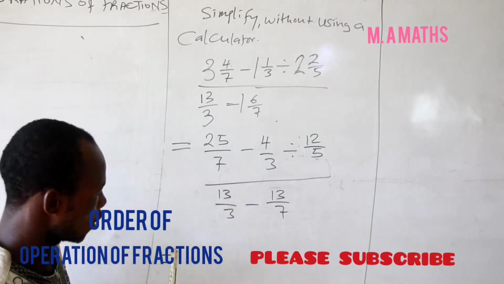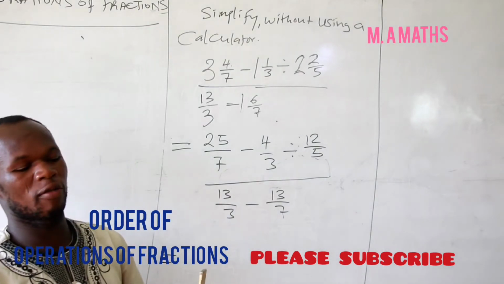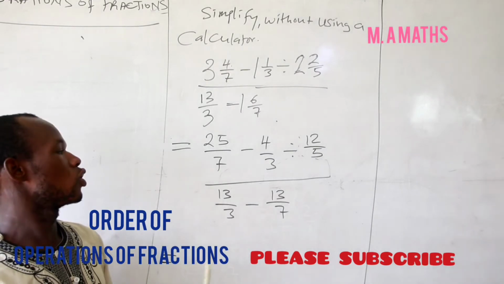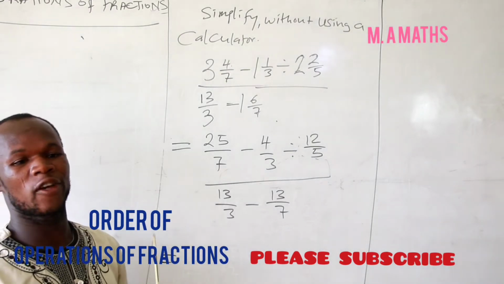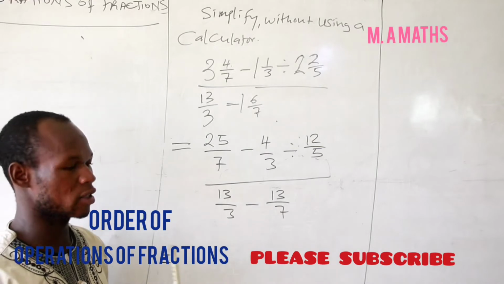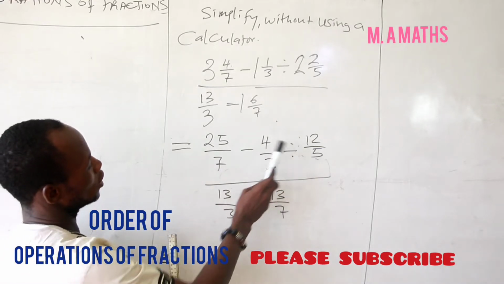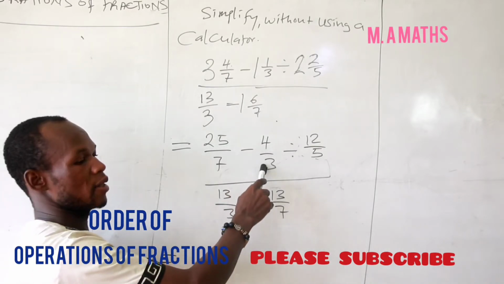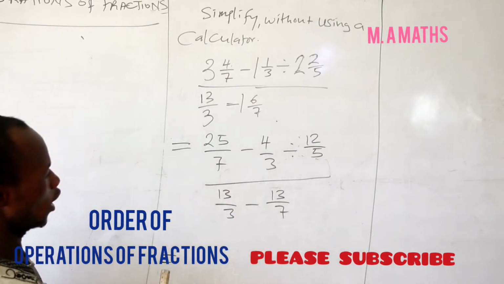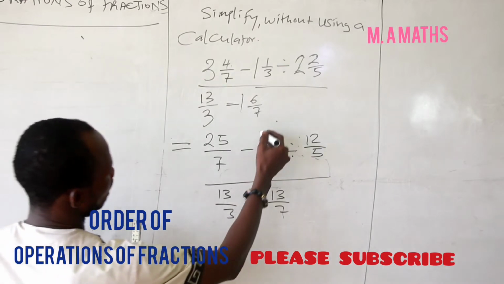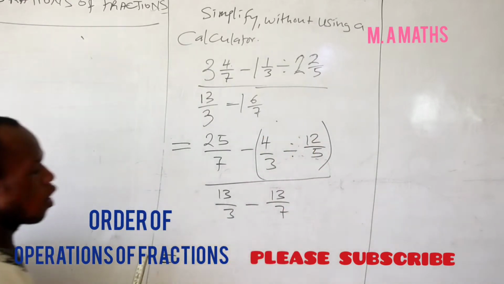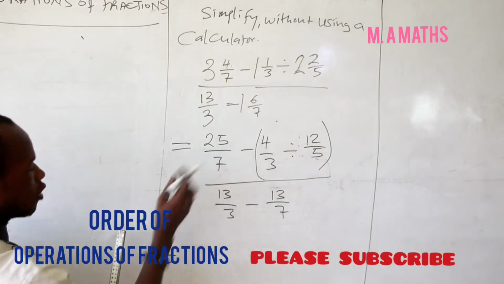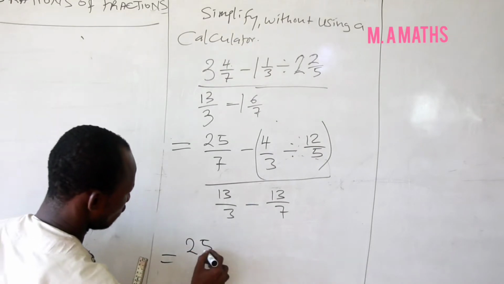You have to understand the order of operation, one of the techniques called BODMAS. So you deal with division first before subtraction. We have division as an operation and subtraction here, so we deal with the division first before we can subtract. So 25 on 7